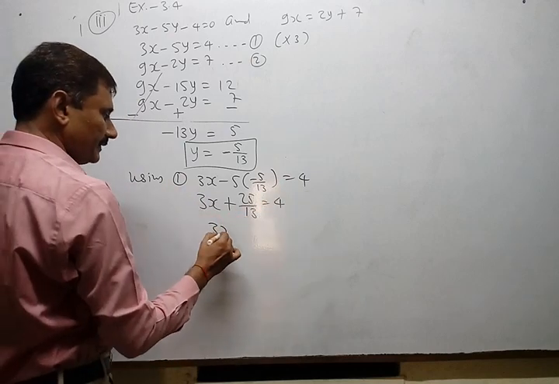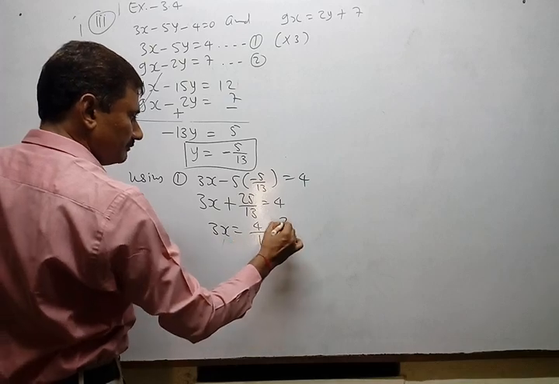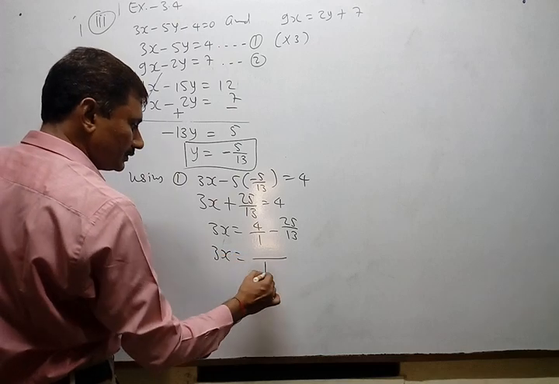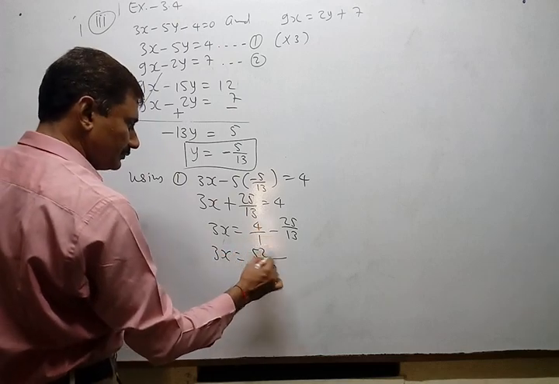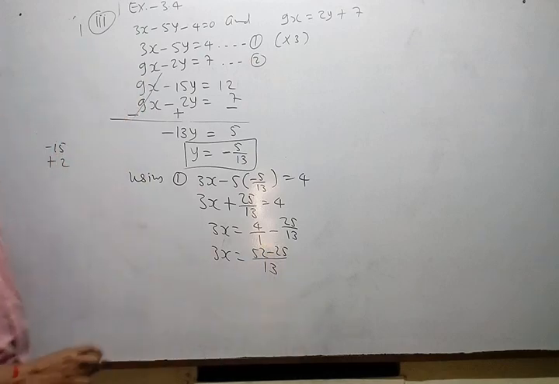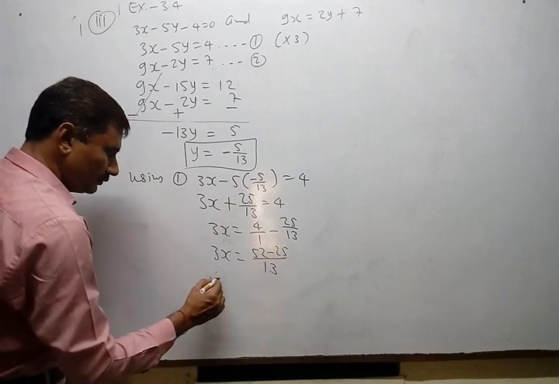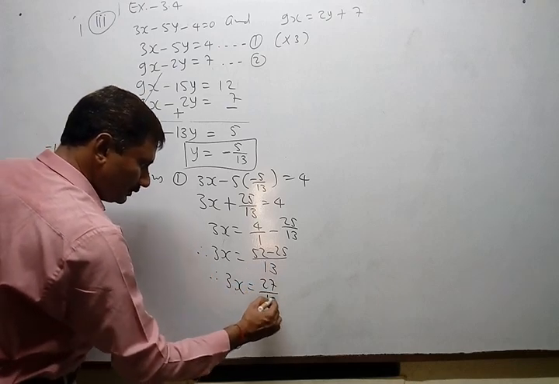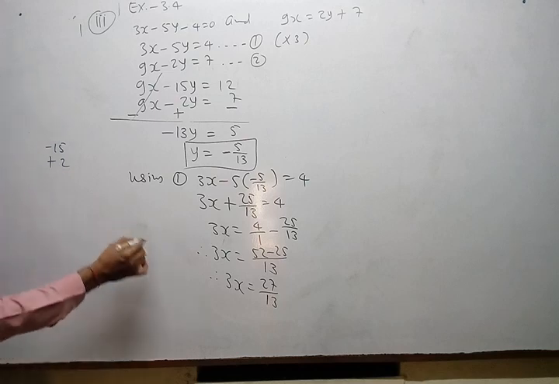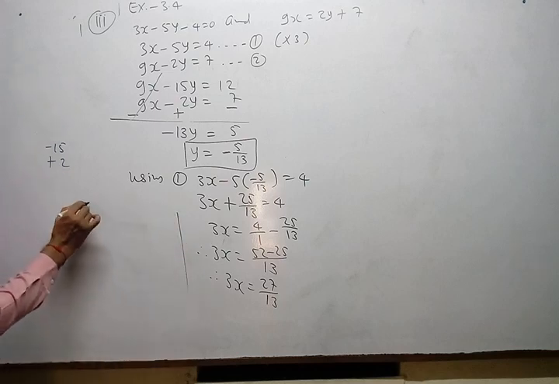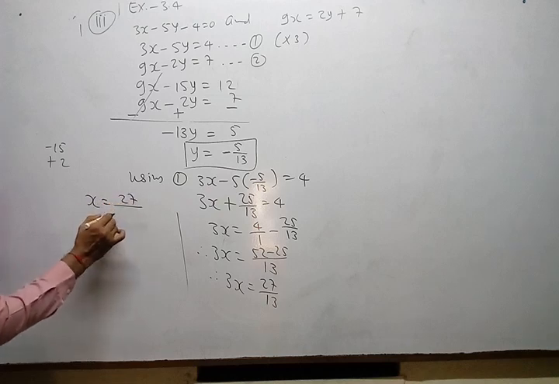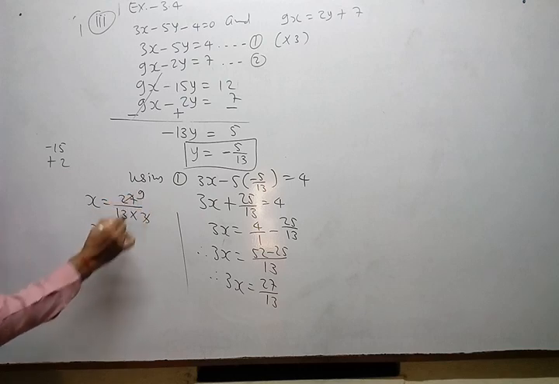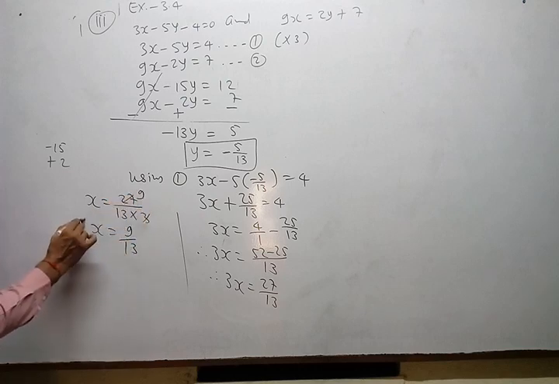Now just try to simplify it. So it is 4 by 1 minus 25 upon 30. So 3x equal to 13. 13 4s are 52 minus 25. Okay, cross multiplication. Therefore 3x equal to 27 upon 30. Okay, now I write here only. So it becomes x equal to 27, 13 into 3. So x become 3 9s are 27. So 9 upon 30. So this is x.